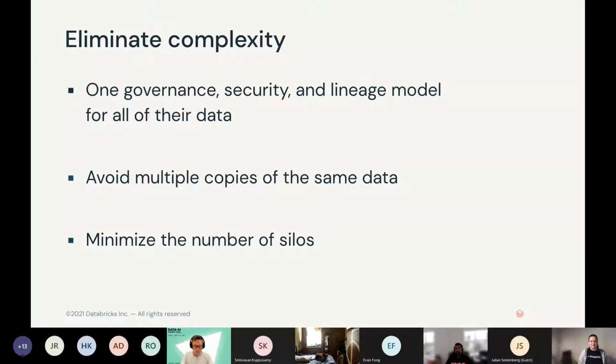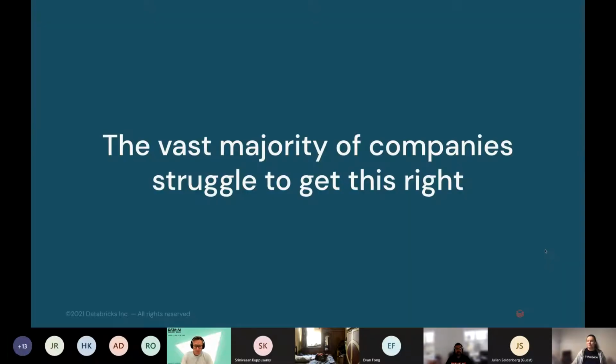And that's just a different way to say you're trying to minimize the number of silos. Data silos is when you're thinking about different business units, different companies having their own data. It would be the difference of, for example, a data mesh architecture, where you're actually working to share it. You have more silos if you're having the same thing in different places, possibly using slightly different rules, and that is never a great thing. So these are the things that make people successful.